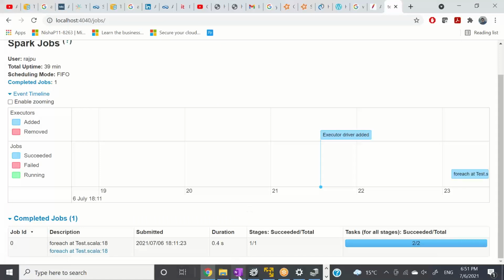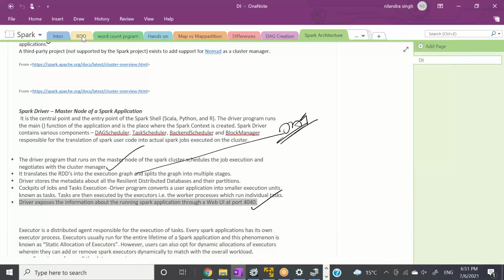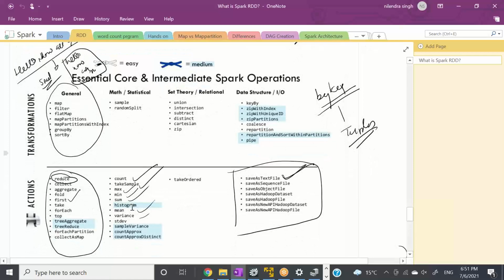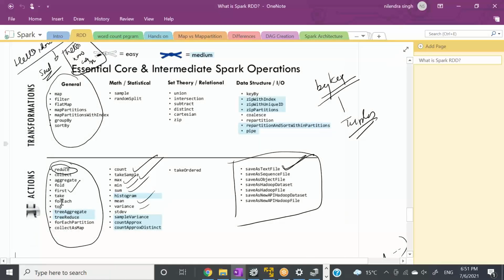Now let's go one step back. What is foreach? Foreach is an action. So what we can conclude is that whenever we hit an action, one job is created for you. So actions are directly proportional to the number of jobs. As simple as that, right?